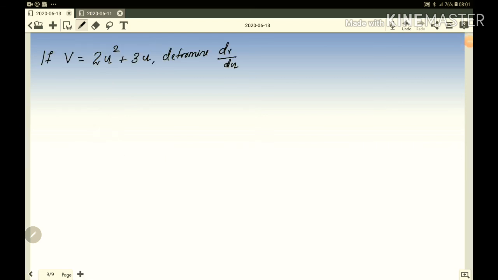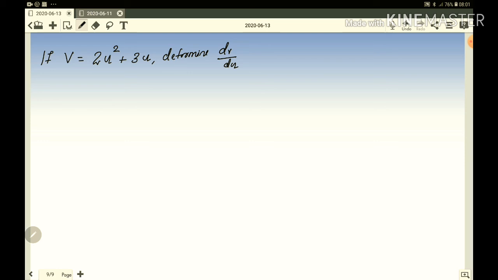Yeah. This one, you won't always get x as a variable. Sometimes other variables are also there. Some p is there, t is there, u is there. I just wanted to show you, in case you get another variable, how do you differentiate? Same as if x is there, what do you do? Just do it for u. That's the only thing I want to show you.